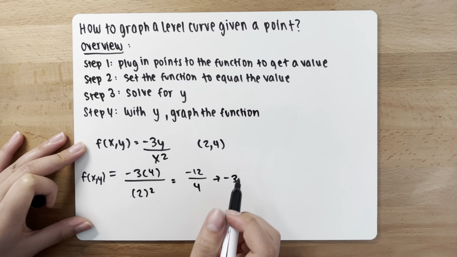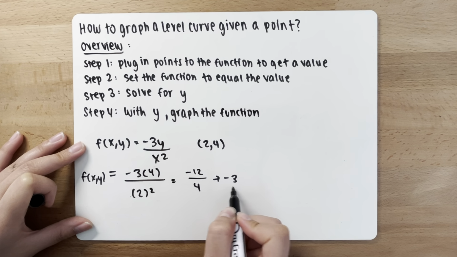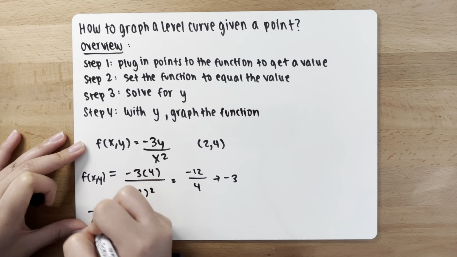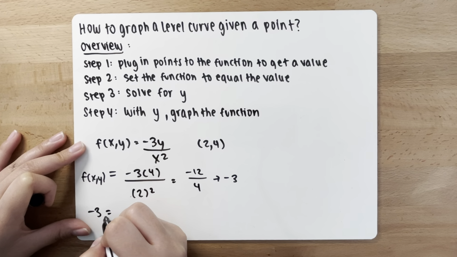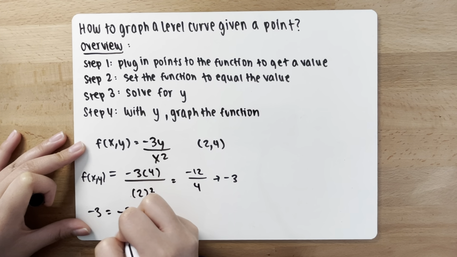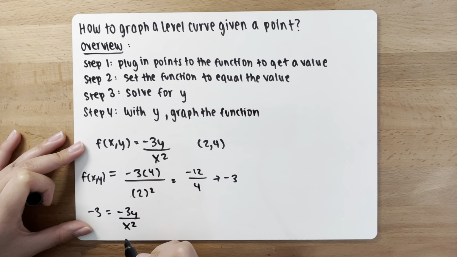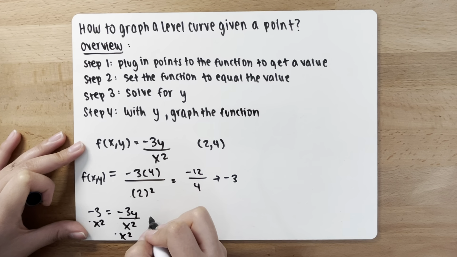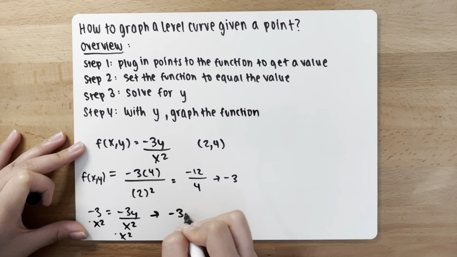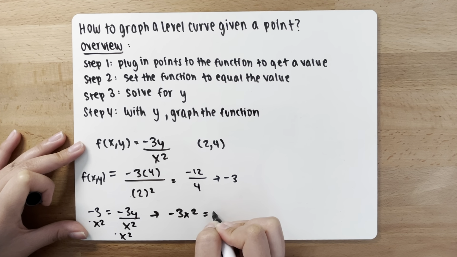Now, set the function to equal the value. So this is the value. You're going to set the function to equal that value. So negative 3 is equal to negative 3y over x squared. After that, you're going to solve for y. And in order to solve for y, you're going to multiply x squared by both sides. So you get negative 3x squared equals